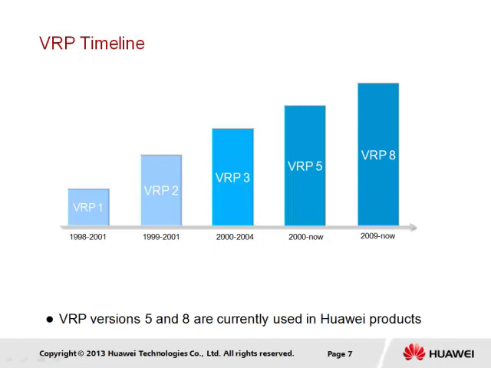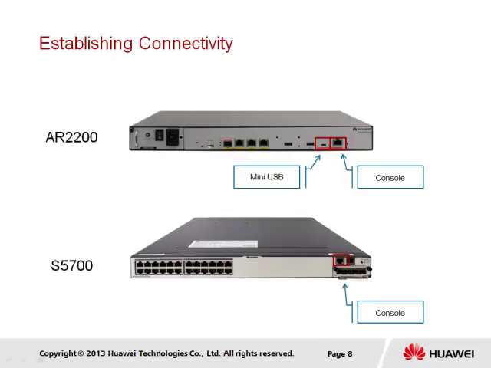Numerous versions of the Versatile Routing Platform have been developed, for which the architecture over time has become increasingly modular to support a greater efficiency of operation. We find that many products are currently supporting VRP version 5, and some higher performance products are operating using VRP version 8. We represent two common router and switch products here that use VRP to support commissioning and configuration of